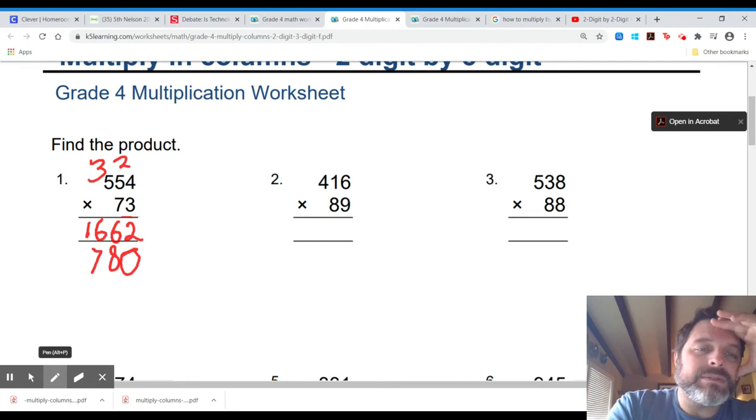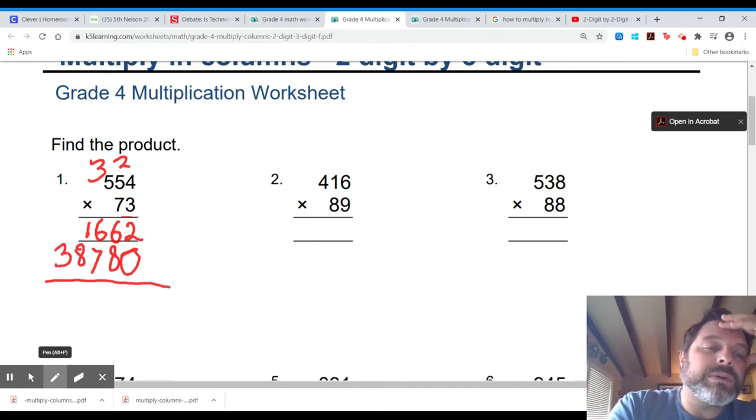The last step I do is 7 times 5, and I get 35 plus 3. 35 plus 3: 35, 36, 37, 38. And I write my final answer here. Now, what these two numbers represent are 38,780 plus